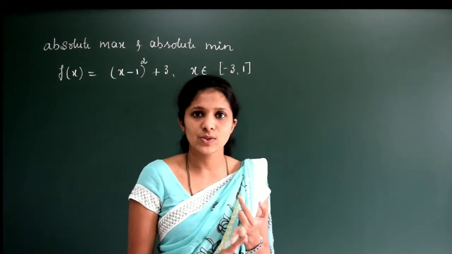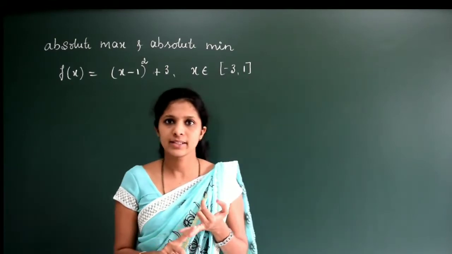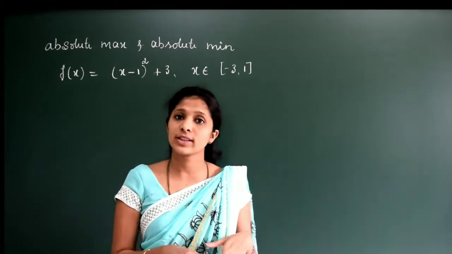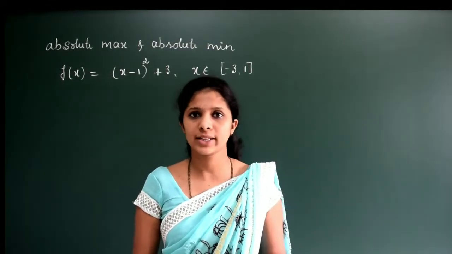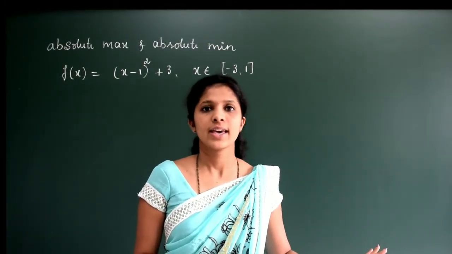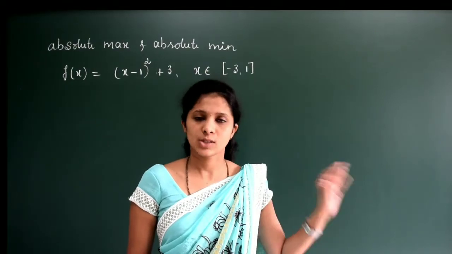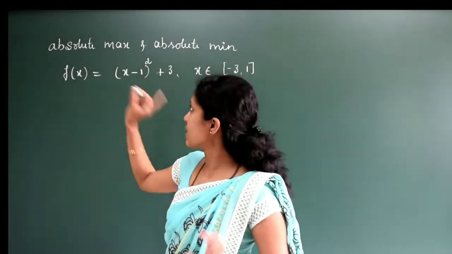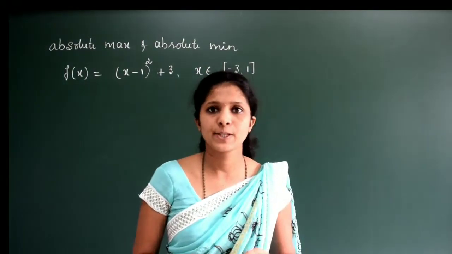41 they have used the absolute maximum method, that is a solved problem, but you can also go with the first derivative method. If you use that method it will be easy, just go through it once, okay, and it is not important but solve that problem. Now we will see this absolute maximum and absolute minimum.